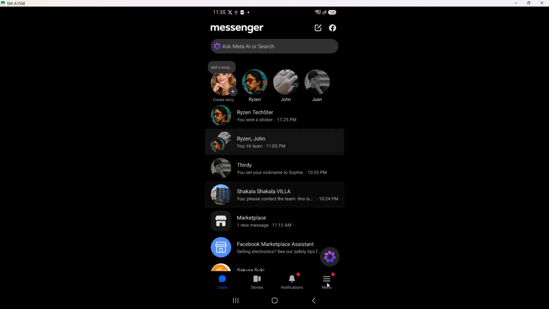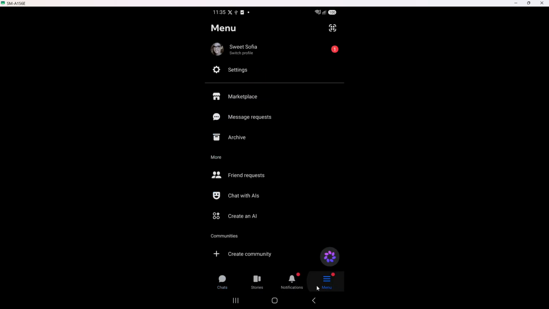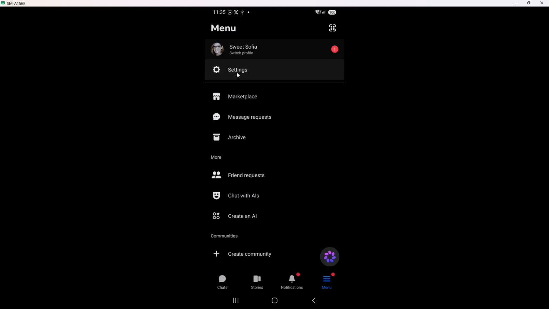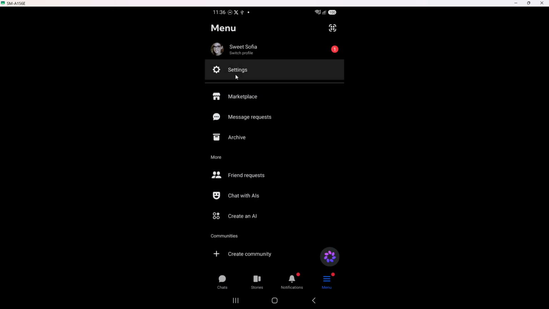Once Messenger is open, tap the menu icon. You will see this in the top right corner of the screen as three horizontal lines. When you tap it, a side menu or a new page opens, showing options like your profile, settings-related items, and some tools. This tells you that you are in the right place to reach your ringtone and sound options.